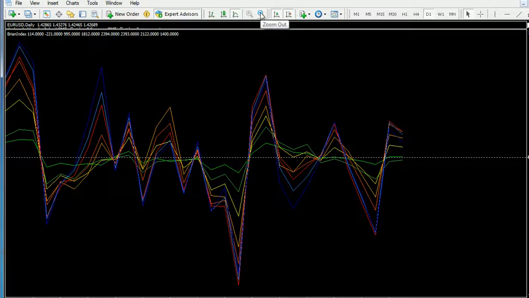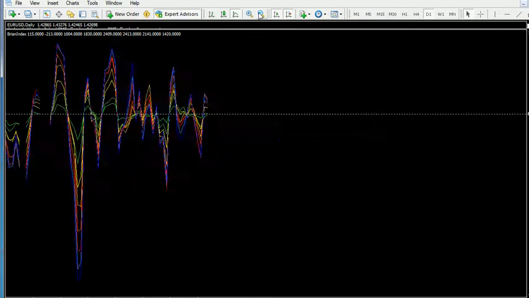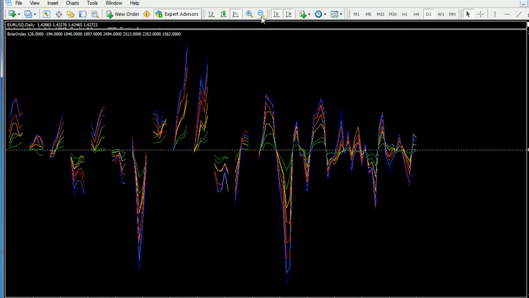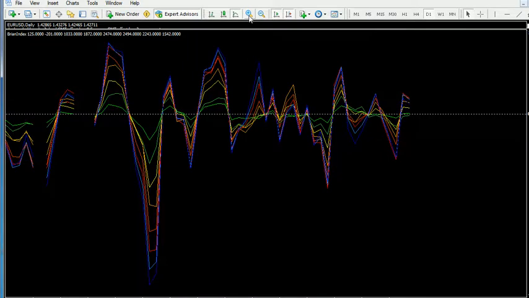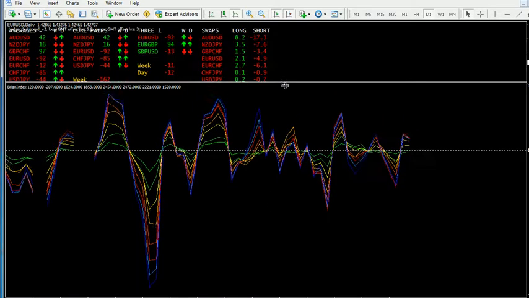So we're looking at basically those. You can make them a bit smaller or bigger as you like,